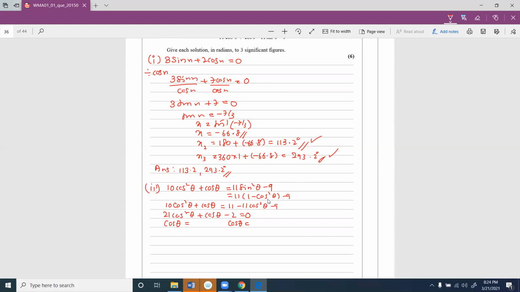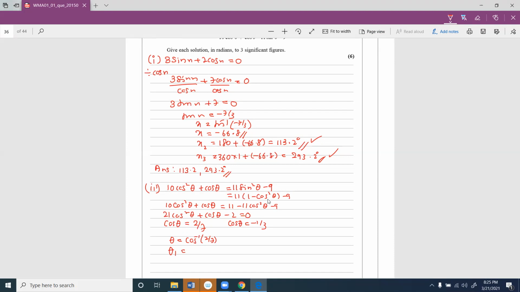You get one answer 2 over 7 and the other answer is minus 1 over 3. So we can find theta equals cos inverse 2 over 7. Then the first angle is,